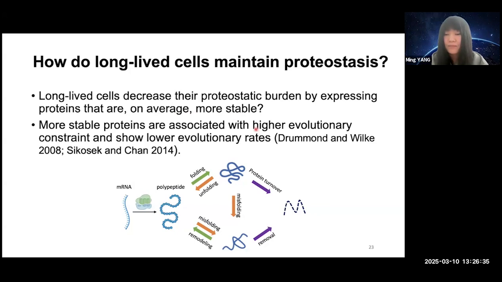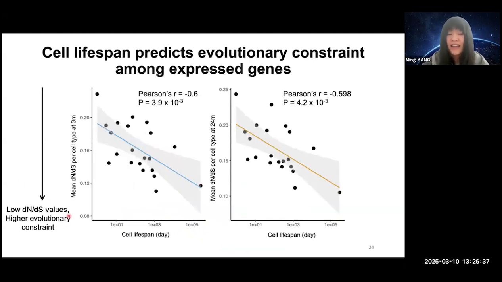protein stability. So we use the dN/dS value from population genetics, which is highly related to evolutionary constraint. Similar to the functional gene group analysis, for each cell type we have cell lifespan data, and we also measure their evolutionary rate for each cell type. And in this figure, each dot represents one cell type, and we do this analysis for young animals and old